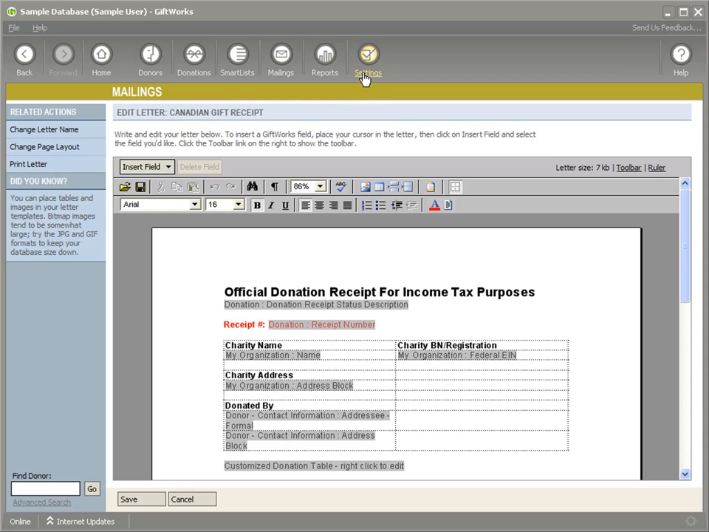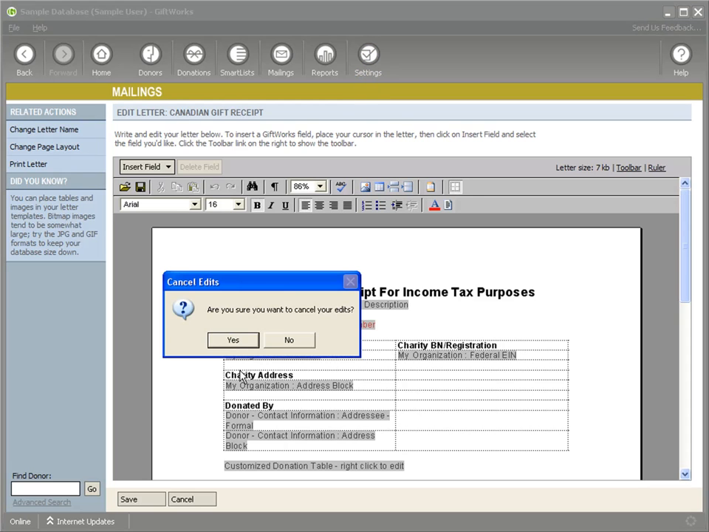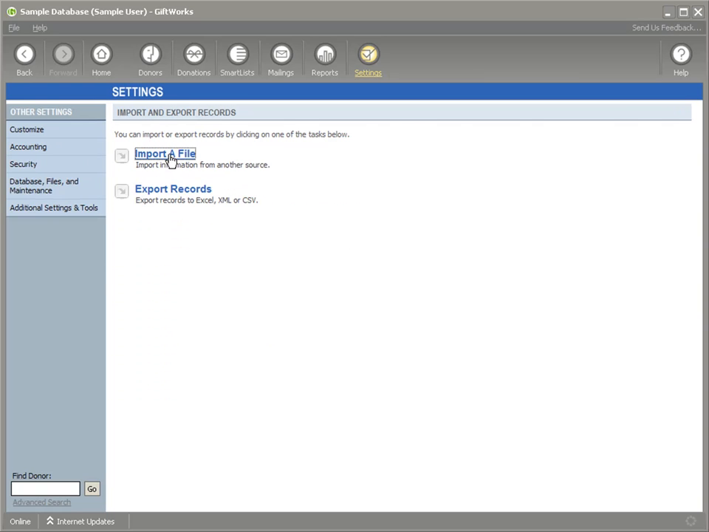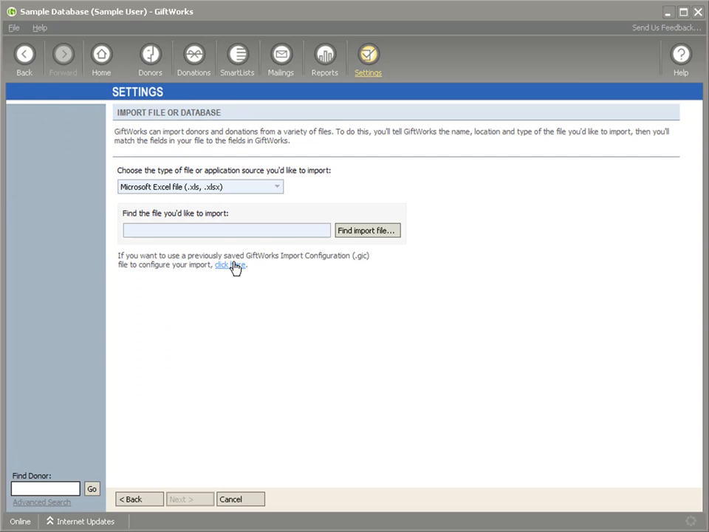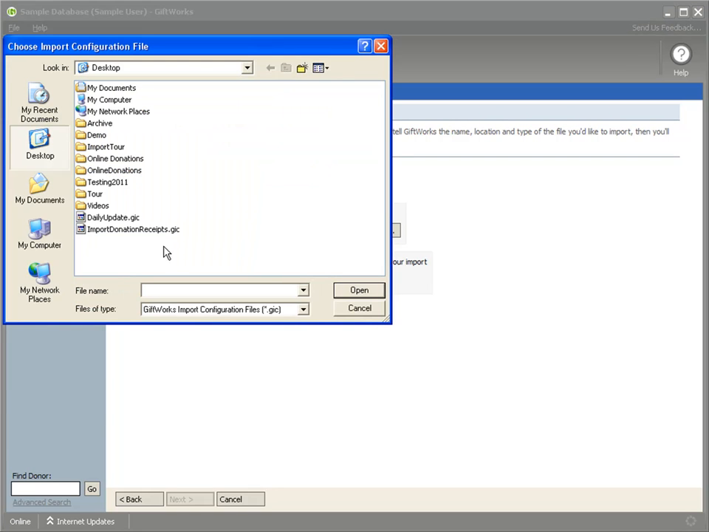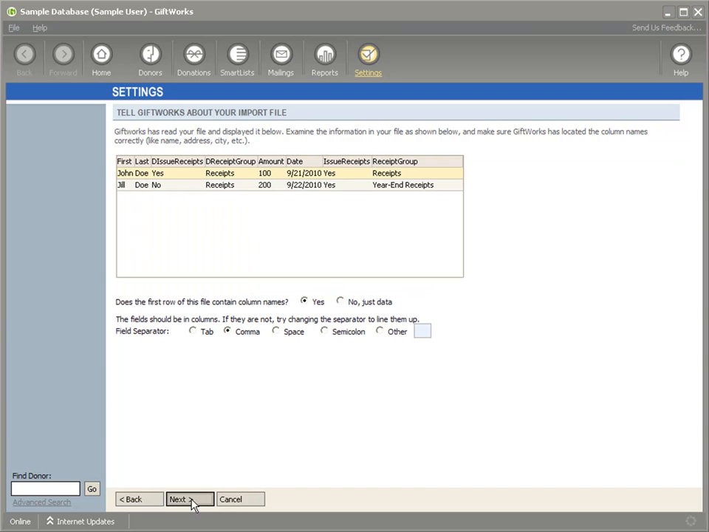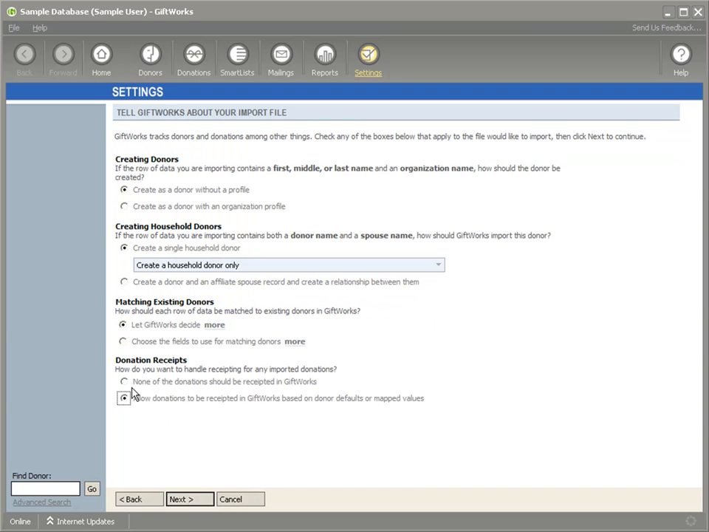Quickly, some of the other things that we've done in the importing section. It used to be that when you would import, go to the settings section, go to import, and import donations, you never had the option of including those in your receipting process, and now you do. So if I select my file to import here, you have some options at the bottom. The default is that none of the donations will be receipted. That's the way GiftWorks works today. But if you want to allow donations to be receipted, then it will allow you to